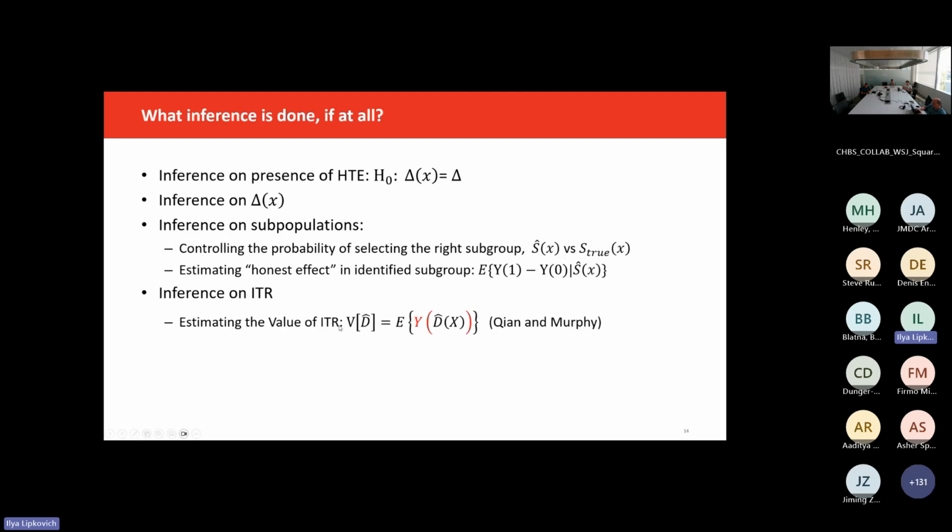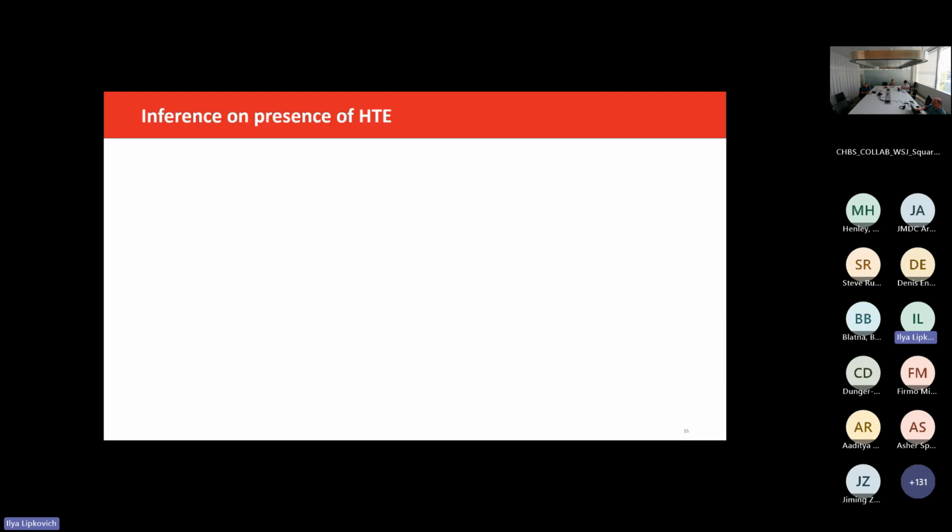And there's a concept of value of an individualized treatment rule. So what if this rule is applied to all the population? What's the potential outcome given that treatment returned by that rule applied to all data, what's the expected value? And inference on selected predictive biomarkers. So for example, Kostas presented this method of knockoffs that controls false discovery rate on predictive biomarkers.